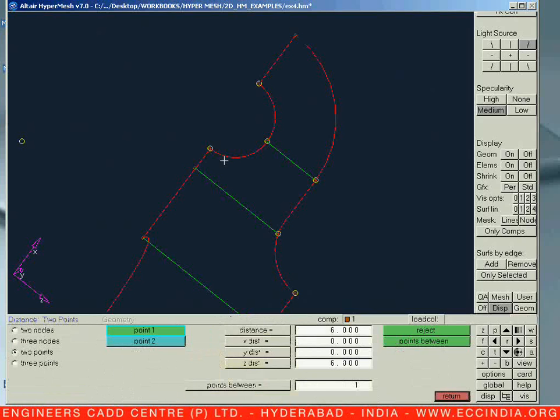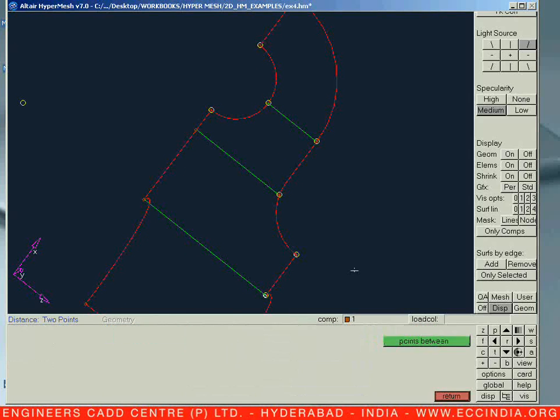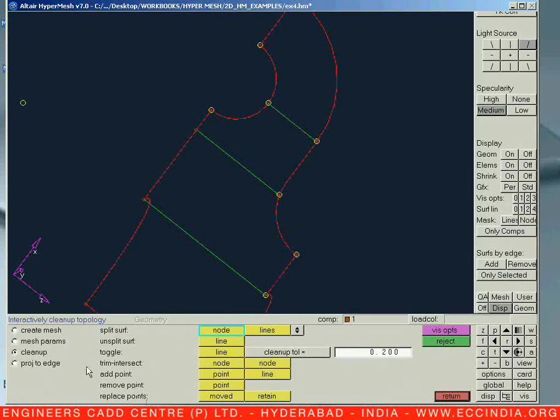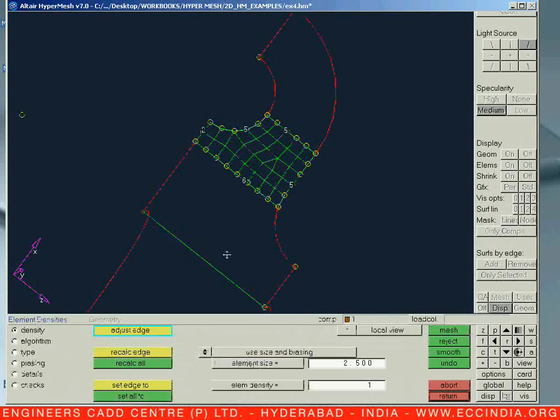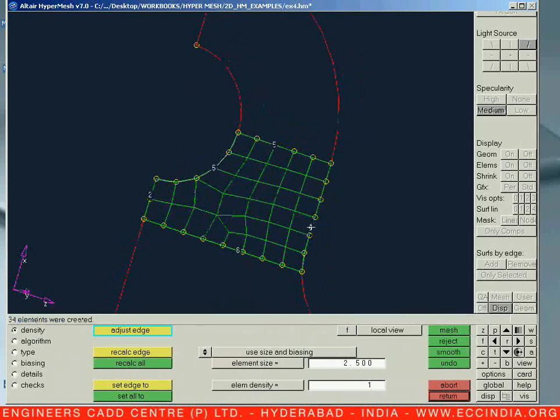So let us check with F4 the minimum distance. The minimum distance of the geometry might be in between these 2 points. It is 10. So let us set our requirement of a global. So say G. Instead of keeping that, I am going to keep it as 2.5, and let us say mesh. So let us say F12, create mesh for this region first, and let us try to adjust our element density over here.